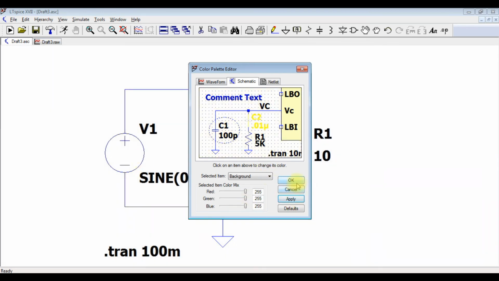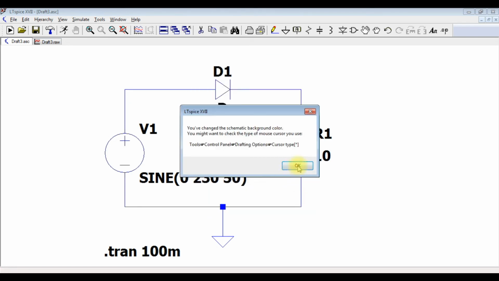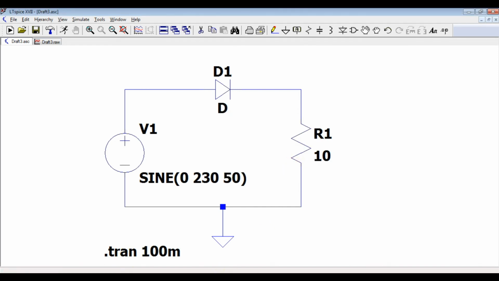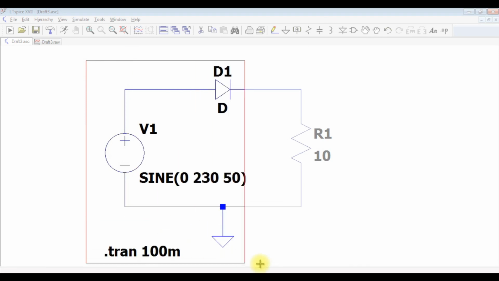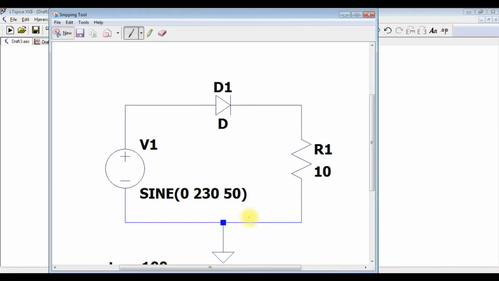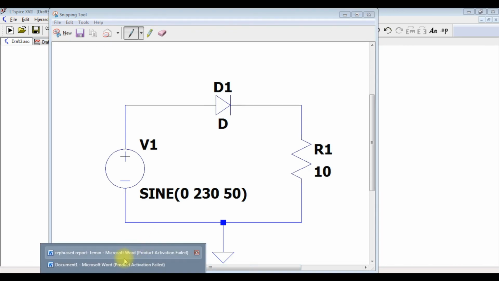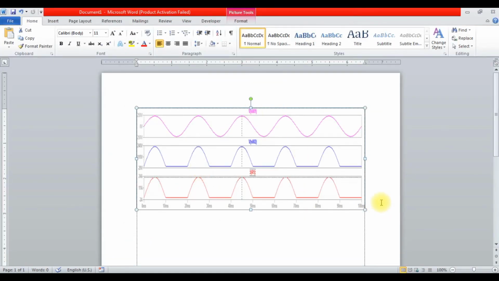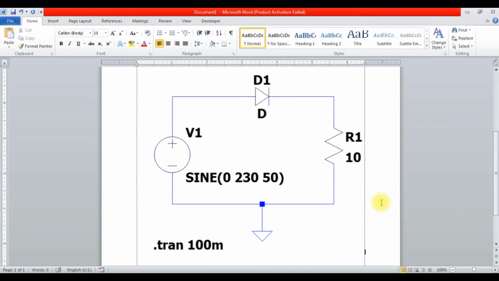Click apply, so that your circuit will be now you can go and use the snipping tool to cut your circuit diagram and paste it here in the Word file for your report purposes, if any, right.